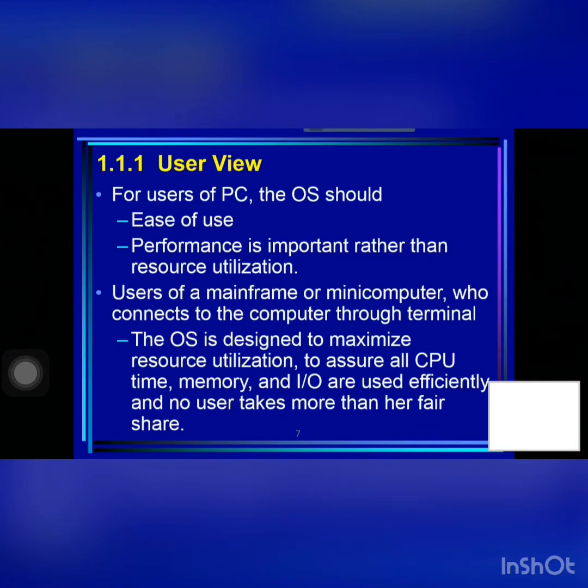Such a system is designed for one user to monopolize its resources. The goal is to maximize the work that the user is performing. In this case, the operating system is designed mostly for ease of use, with some attention paid to performance and none paid to resource utilization. Resource utilization refers to how various hardware and software resources are shared. Performance is important to the user, but PCs are optimized for the single-user experience